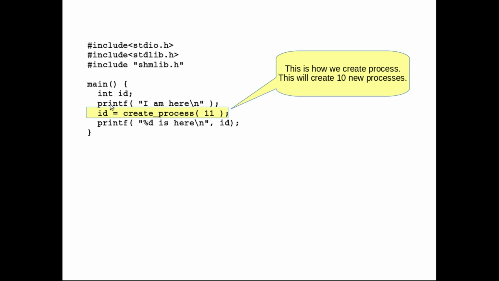So first the parent process will execute the printf statement, I am here, and then it will proceed to execute create process, and after the execution of this create process we will have in total 11 processes. So one process is the parent process plus 10 new child processes, so in total we will have 11 processes. So this call will create 10 new processes,